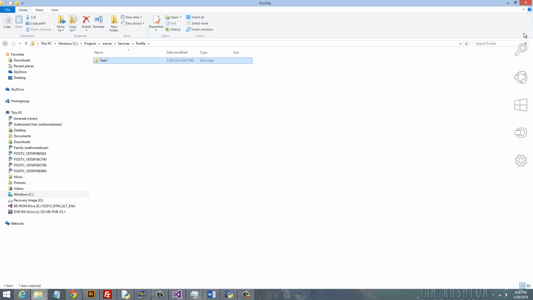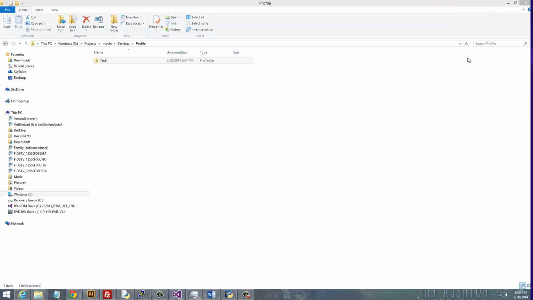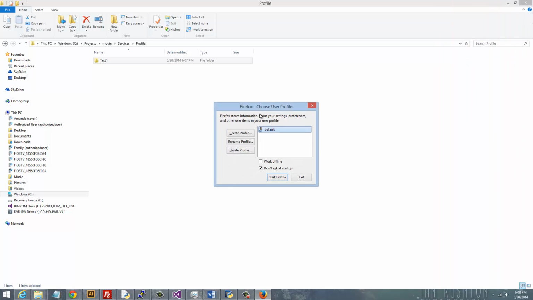If you're using Windows, I'm using Windows 8, so I have this search feature here, and you want to copy in this search term: firefox.exe -profilemanager -no-remote. This will be in the source code, and you can copy and paste from the video below. Once we press enter, we're going to get this dialog box